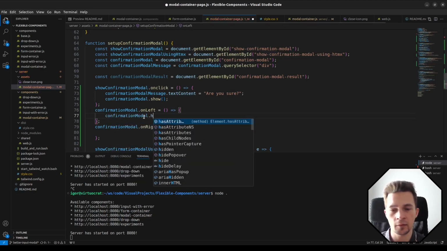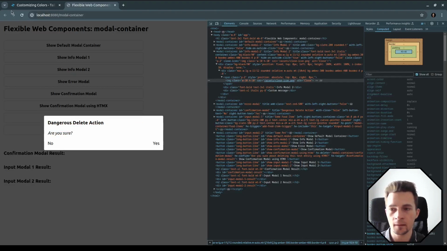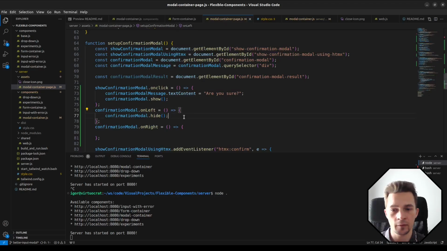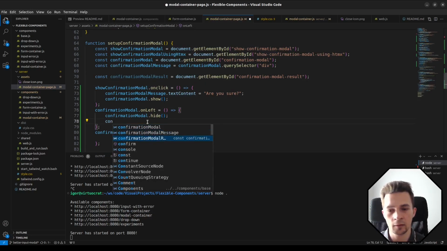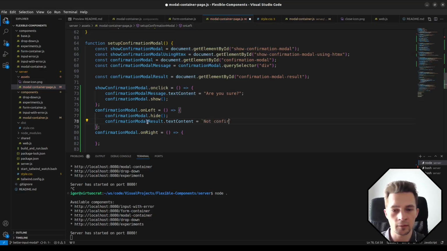To hide, we just call hide, which is very nice, I believe. Yeah. And what I wanted to do is to show what we have clicked here. So basically, we have confirmation modal result here, as you can see. Confirmation result, text content, let's say not confirmed at, or maybe actually,